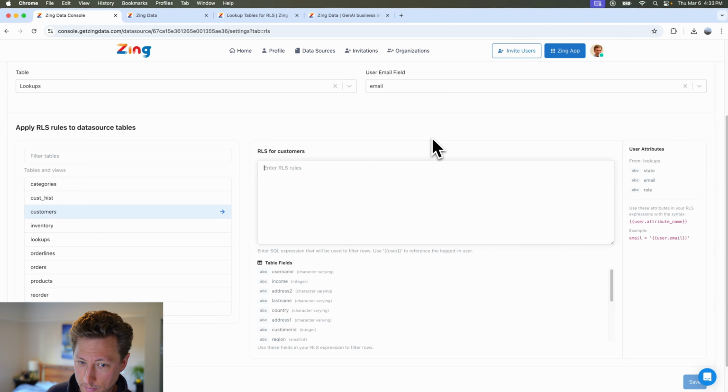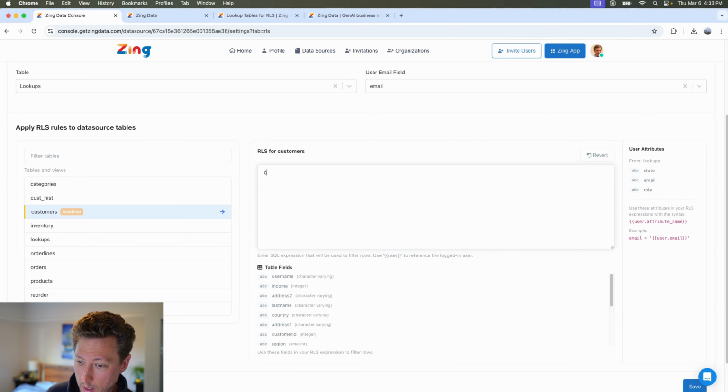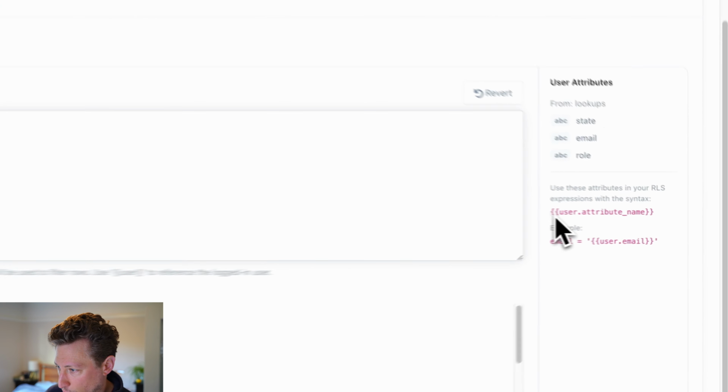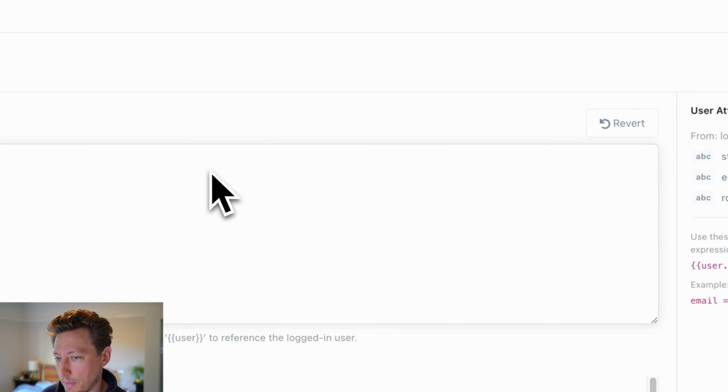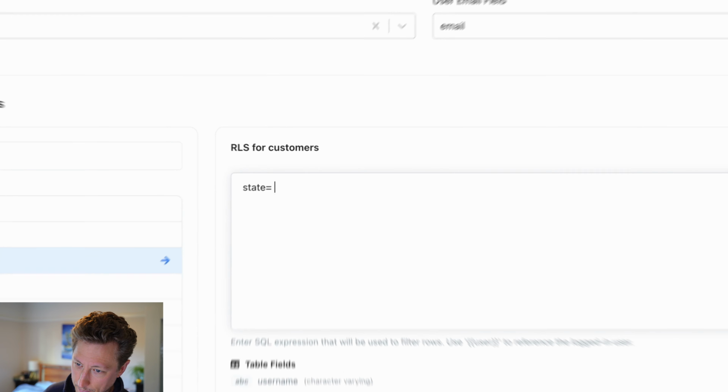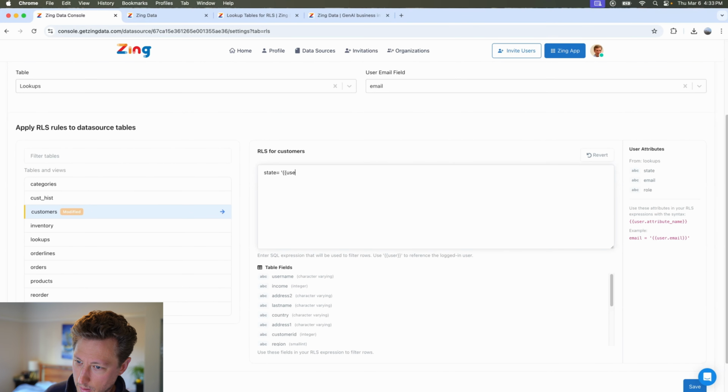So this condition is going to look like my state from this table, so customer state, is equal to, and I can see over here that the format for these kind of user attributes is curly brace, user.attribute. And that should be in single quotes as shown here. So I'll say user dot state. And maybe I want this other condition, user.role